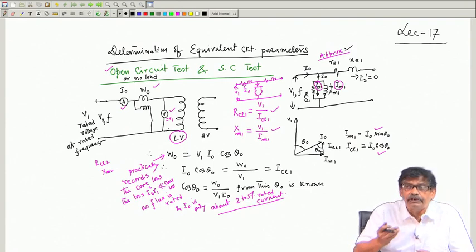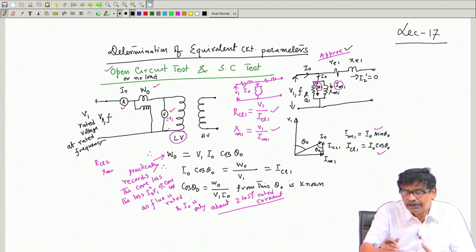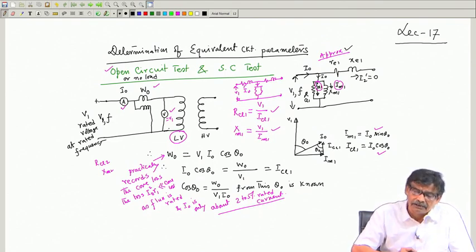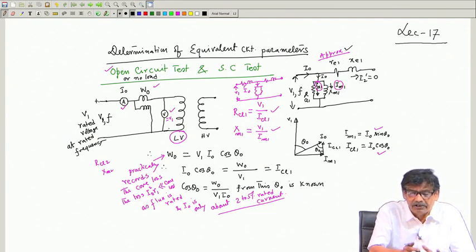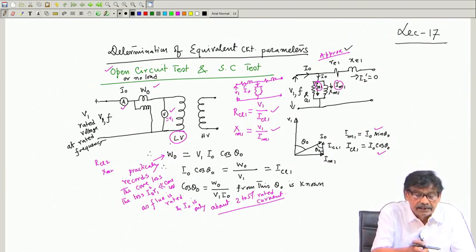if we know the rating of the transformer, we can have some idea about the order of the no load current, as I told you, 2 to 5% of the rated current. So, before doing the test, from the KVA rating and voltage ratings, calculate the rated current of the LV side and take 5%, 7% of that, to have some idea of the order of the current the transformer is going to draw during the no load test. That will help me decide the range of the ammeter and the current coil rating of the wattmeter.